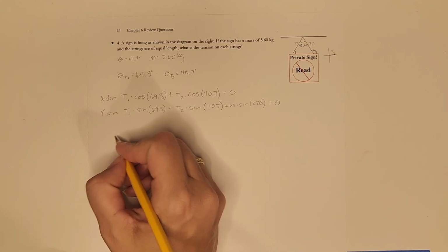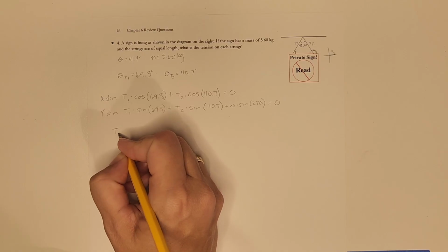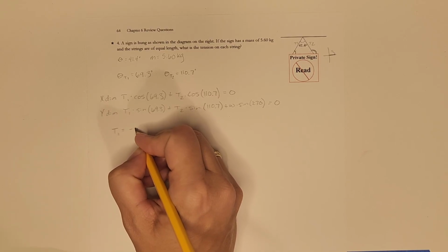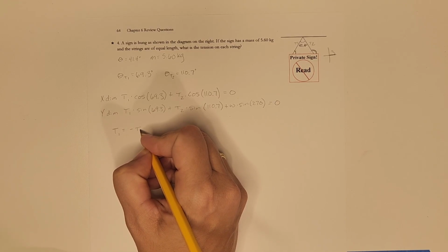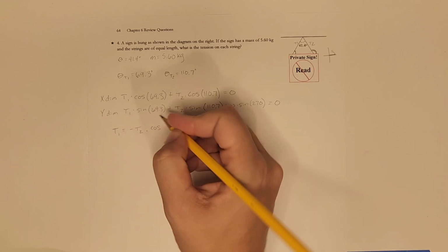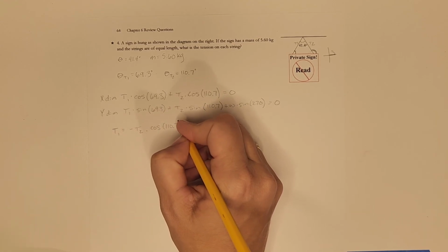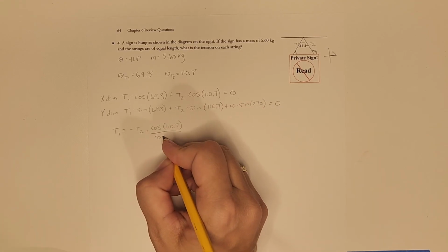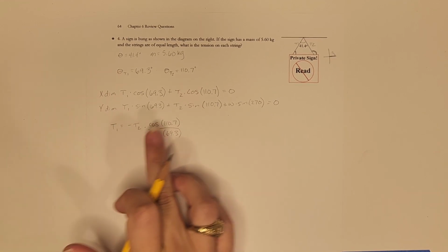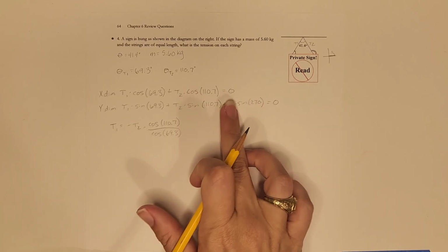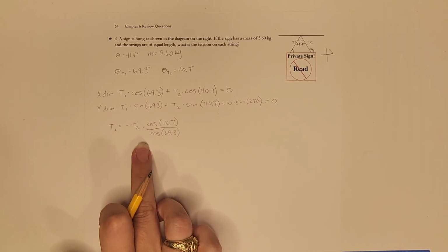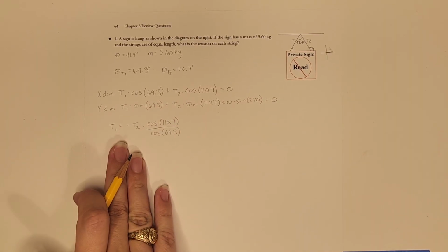for T1. And so when we do that, T1 is going to equal negative T2 times the cosine of 110.7 divided by the cosine of 69.3. So that's just taking this equation and you subtract T2 and T2 and cosine of 110.7 and then divide by cosine of 69.3. So this is solving for T1, and so now we can